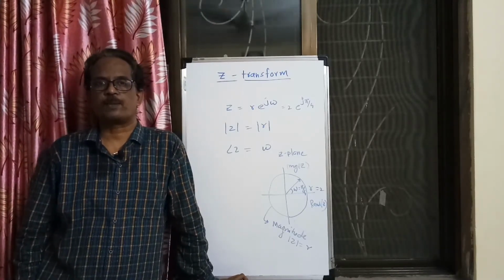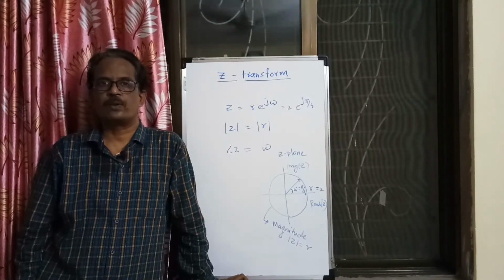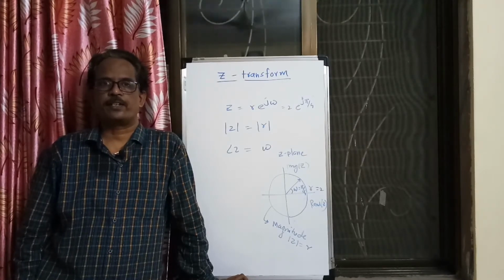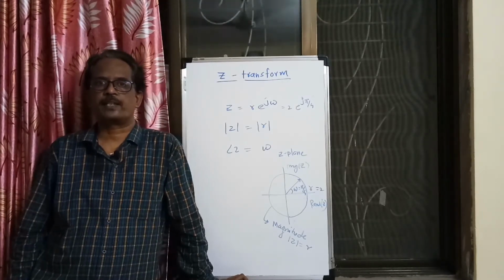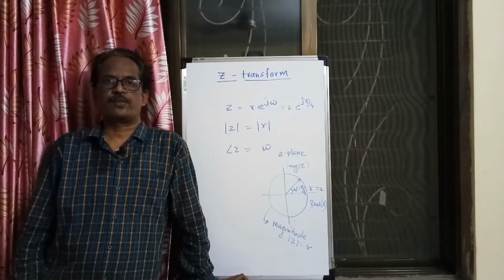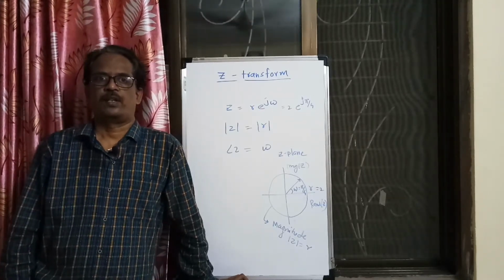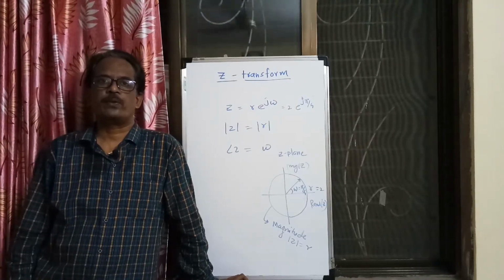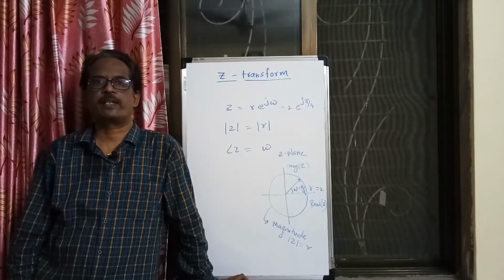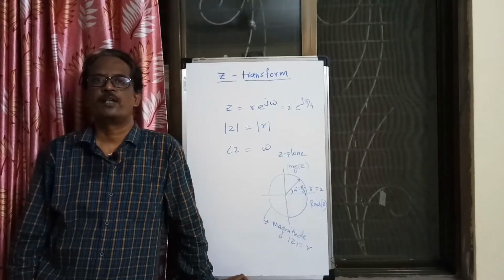You have studied the S plane while studying the Laplace transform. In the Laplace domain also, we have the S plane, and in that S plane we have a real axis and an imaginary axis. Here also in the Z domain we have a real axis and an imaginary axis. Here we have variable z and there we have variable s, and z has magnitude as well as phase. In the Laplace domain also, s is a complex variable with a real part as well as an imaginary part, and it has magnitude as well as phase.